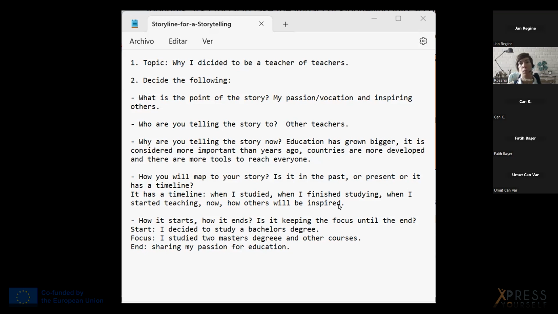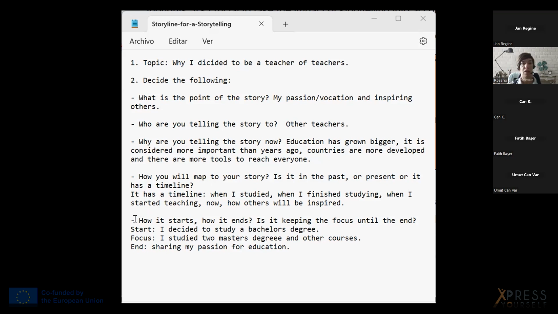When you see people online, on social media or digital media, telling a story of a few minutes that even looks non-formal, most of the times they didn't just get their cell phones and record everything together, image, audio, and everything. They first thought of the topic, as we have done. Then they decided all those things, all those questions that are going to help them organize the message, and then put everything together with that message that already makes sense.